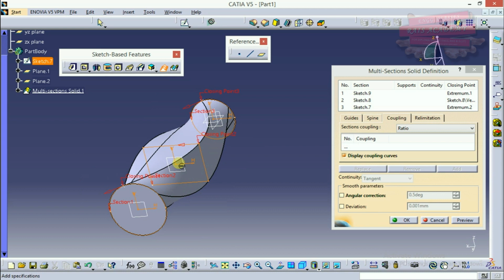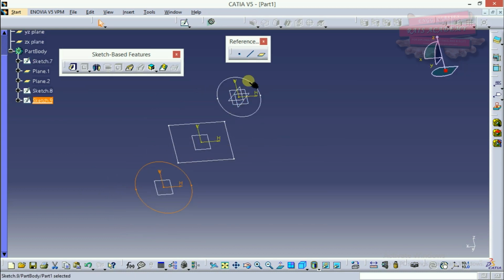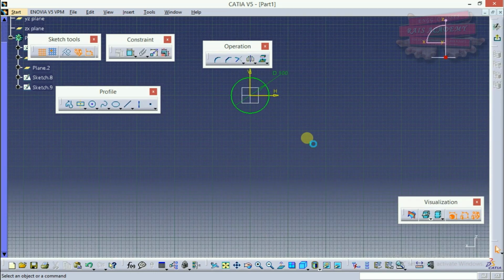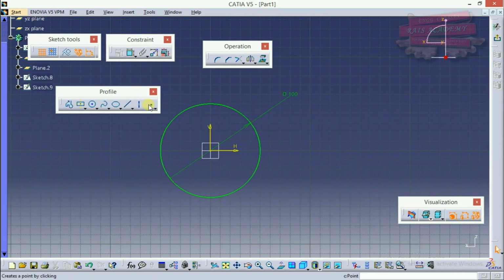Okay, so what we'll do is we'll cancel it. We'll go into the circle. The circle is of 100. Actually the thing is the circle doesn't have any endpoints, so we'll have to give it endpoints.